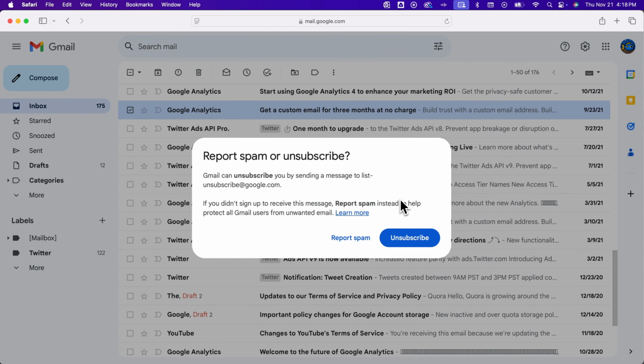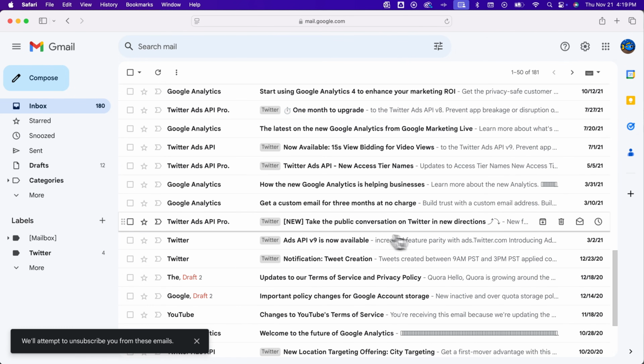Also, I marked this one as spam, which was maybe not spam, but just a list I could unsubscribe to. And so I could either report this actually as spam, or I can unsubscribe from whatever that newsletter or list is. So if I hit unsubscribe, then I won't get those emails anymore, as Gmail attempts to kind of unsubscribe